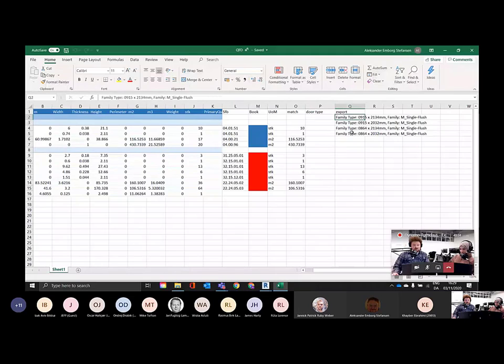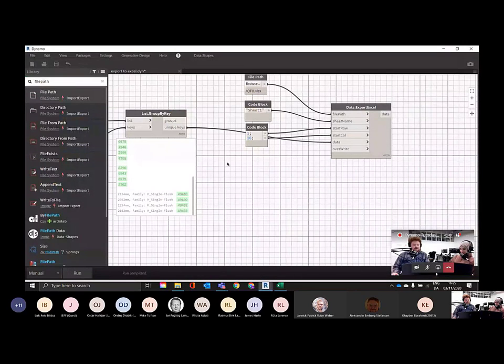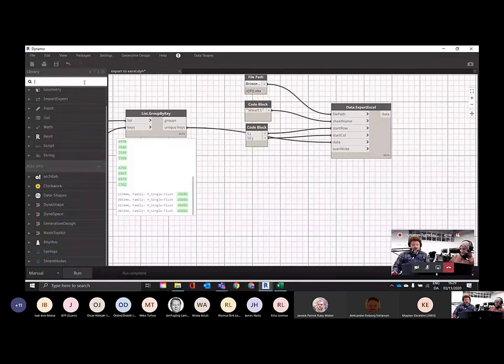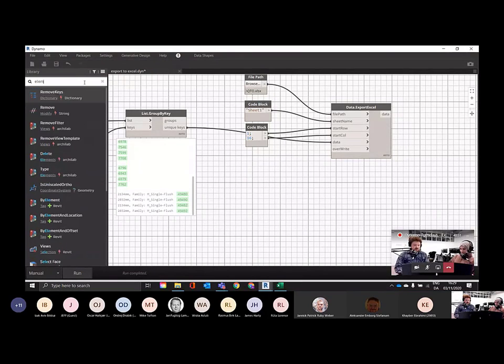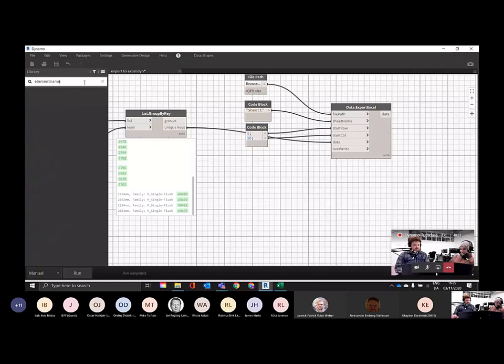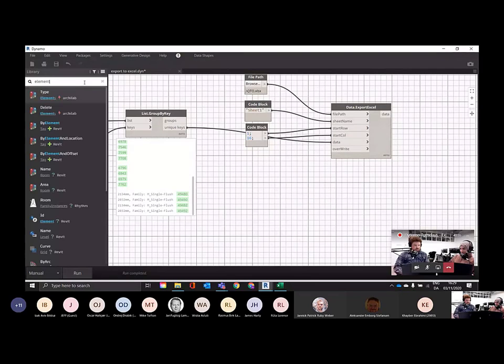Here are all of my different types. You can see this is quite a long name. I think we can do this just a wee bit better. We've also got the Element Name node, where we only get the type name. This is a lot easier to write and read in an Excel sheet instead of having it like this. So I'm going to type element name, instead of writing in or exporting the data as it is in